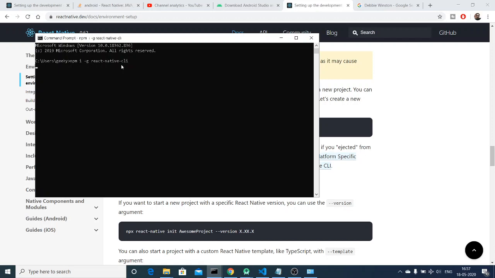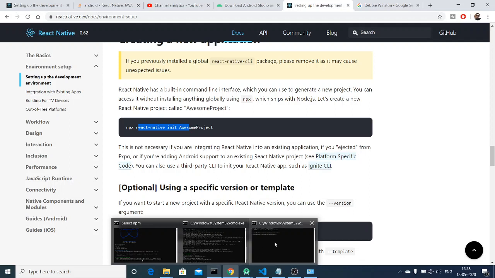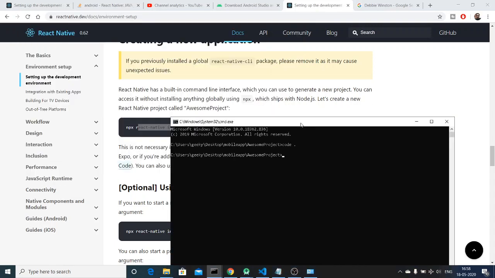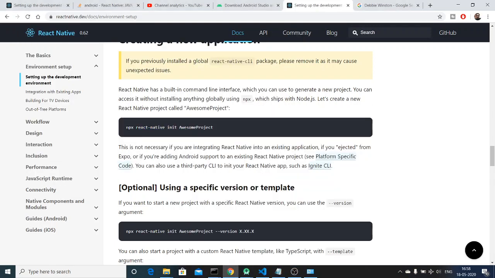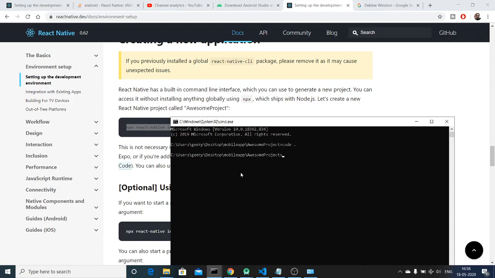I have already installed it, so this will not install it once again. Just execute this command and that's it. After you install this, you can create a new folder and inside this folder you can copy paste this command that I have shown you, that is npx react-native init and then the name of the project. So here you can just create a new folder, copy paste this command. Here you can replace it with any name of your React Native project, let's suppose hello world, any sort of name. I have already done that.